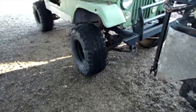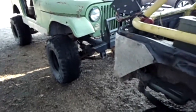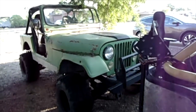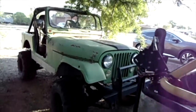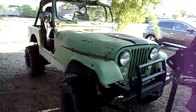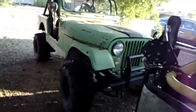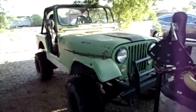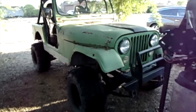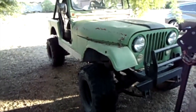So we are going to tackle this thing piece by piece. Alright, so I had to wait till after 6 o'clock to get under 100 degrees outside, where it's even safe to be working. We are back on the Jeep Vomit J7, is what we're going to call this, or the Puke J7. Story behind this. Alright guys, if you can hear me over the goat's desperate cries for attention,